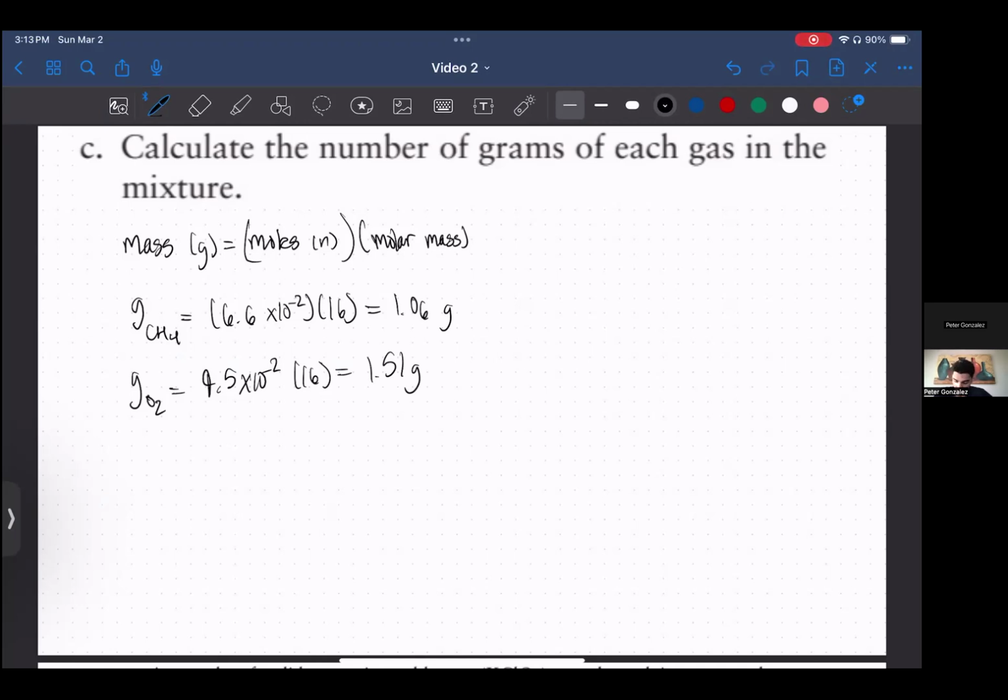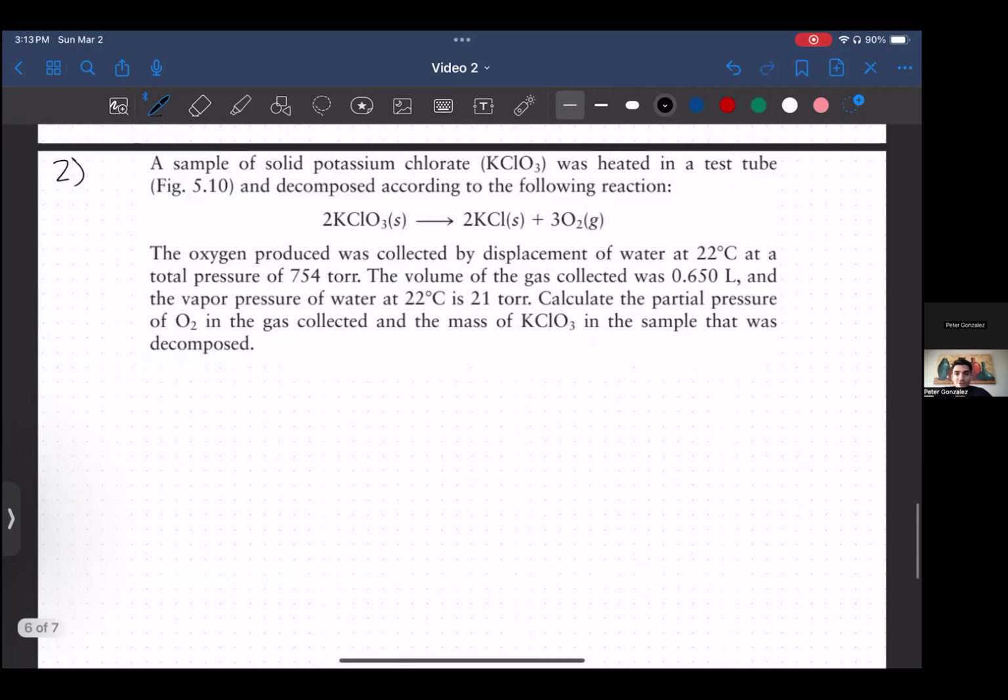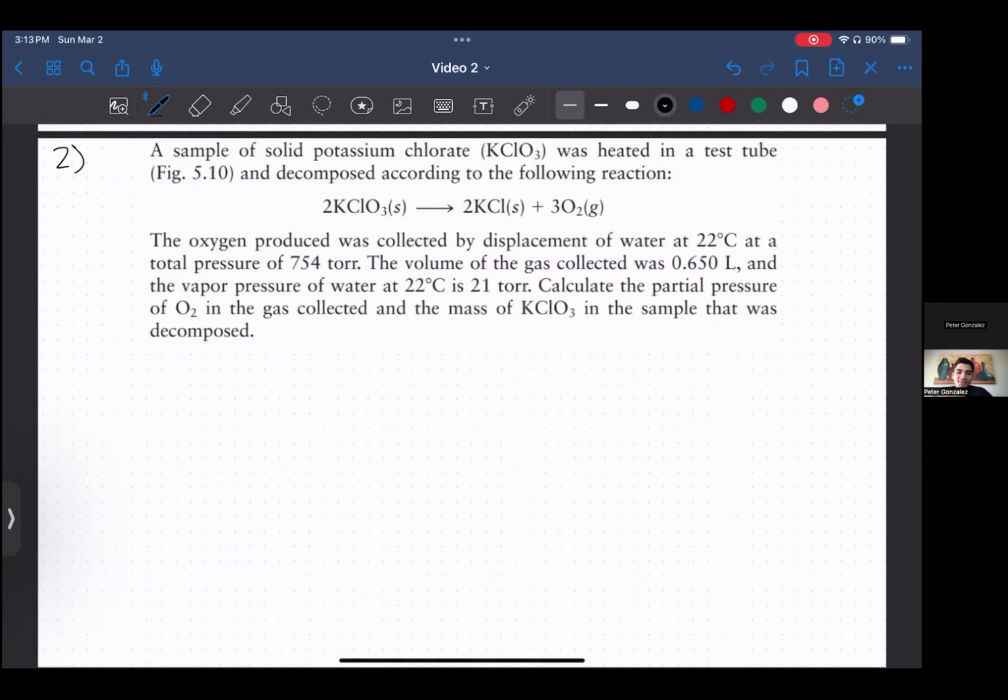So yeah, we're going to do one more practice problem that I thought was kind of cool when I saw it. For this problem, we're taking a solid, so it's a salt, which is really cool. You're going to heat it. It's going to decompose into a different chloride salt. So you're going to take potassium chlorate, or sorry, calcium chlorate, and it's going to make you potassium chloride and